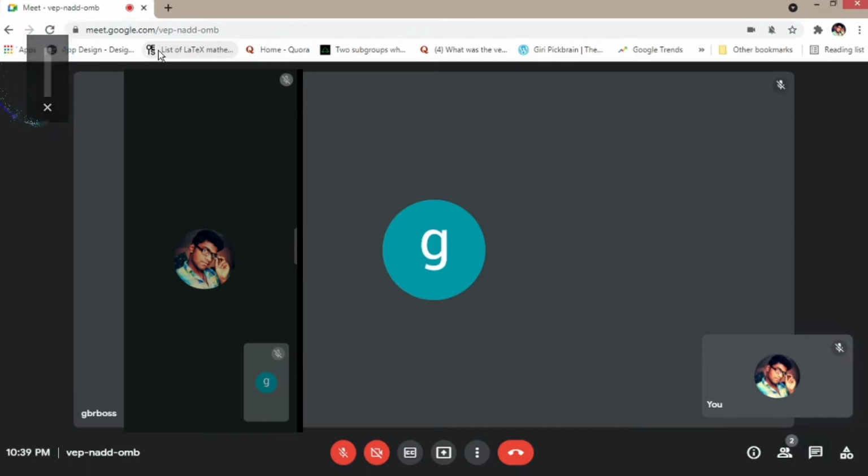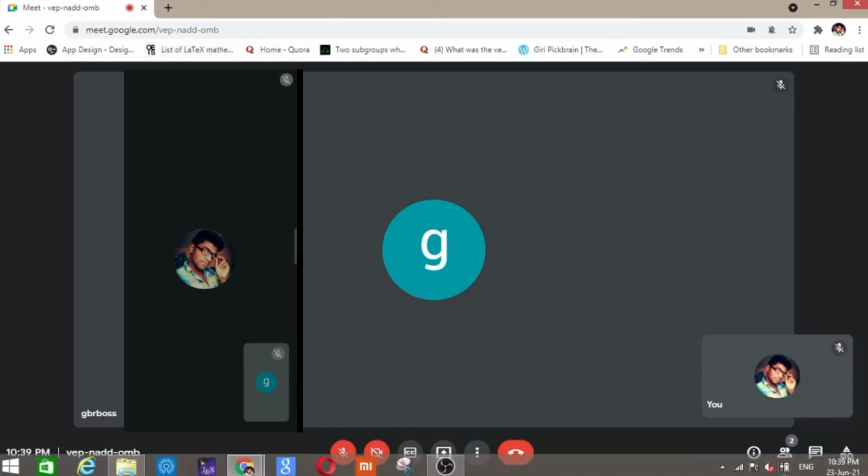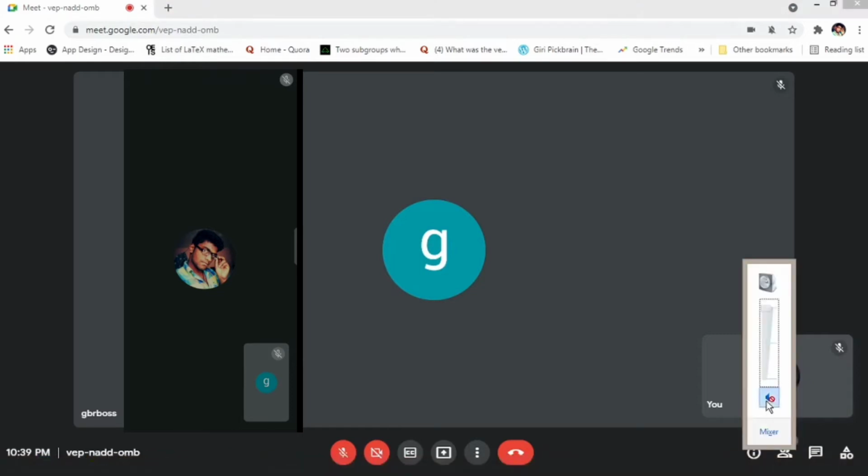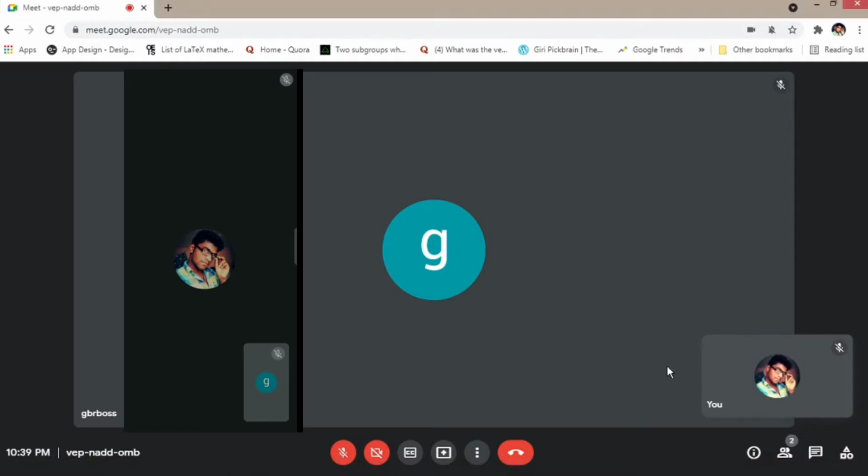Usually your keyboard itself will be having that unmute button in F5, F7, F9. In function keys you can find it, or else simply just go below. So here you mute it, unmute, mute. Either way is fine.